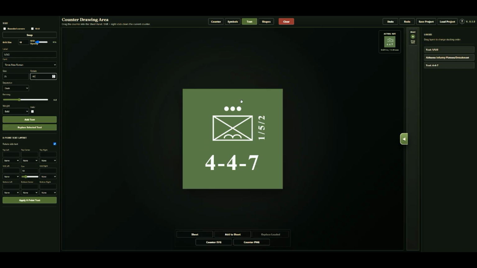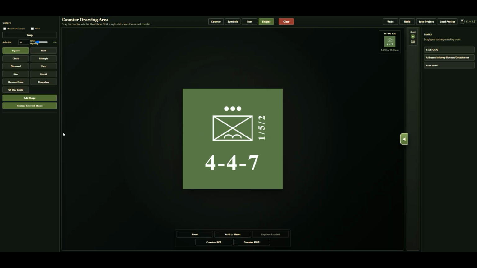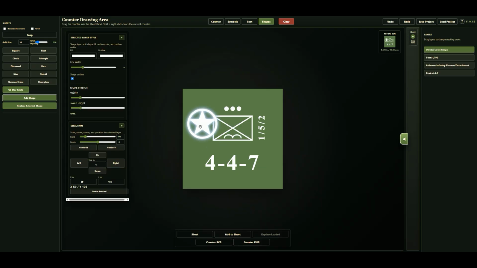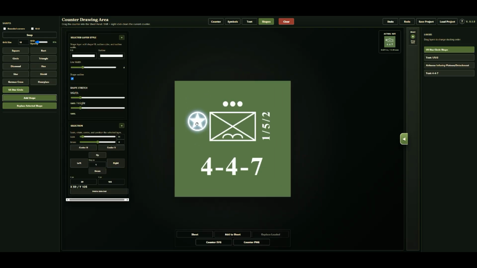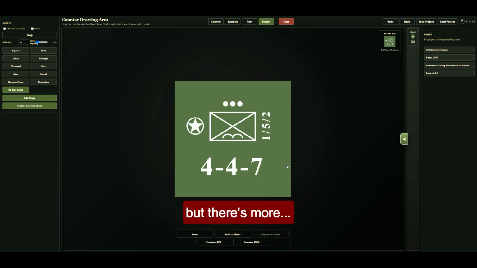Now, since it's an American unit, we wanted to give it a little American star shape. We have some shapes here that we've created, we have a US star symbol. You can add that shape, and we can certainly add it right here on the side. Let's turn on our grids just to make sure we're not going too far out. And that is a